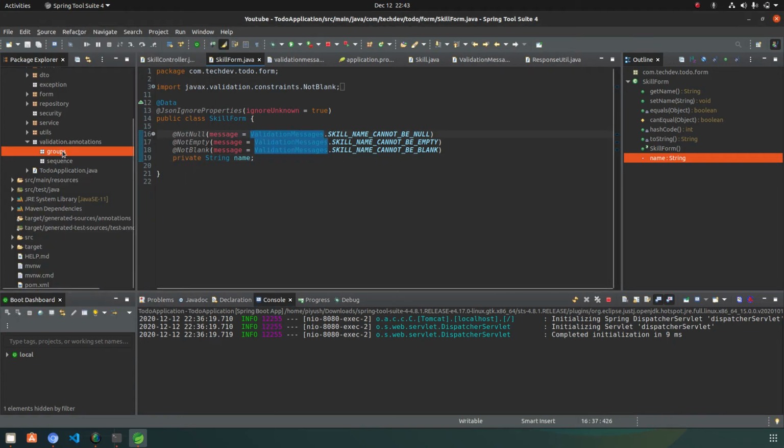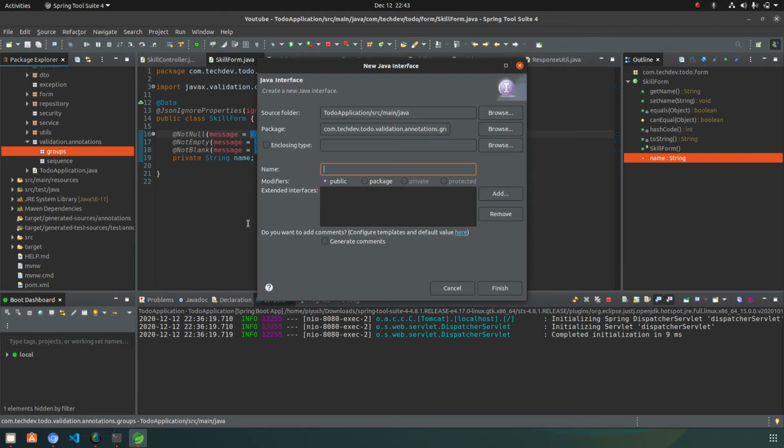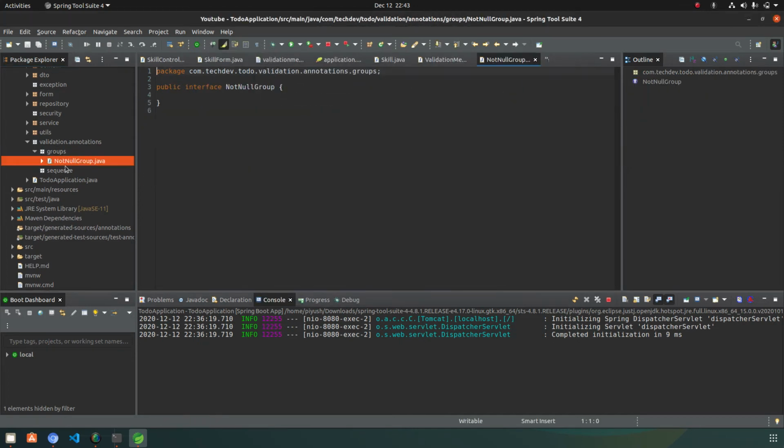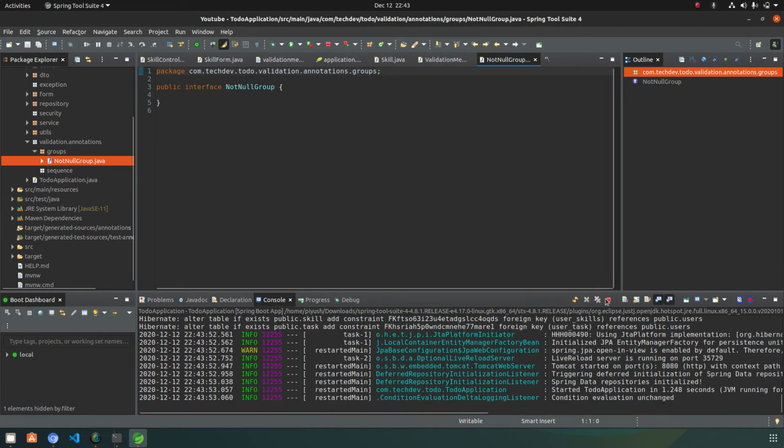So let's create a group for not null, meaning we need to create an interface. Let's name it NotNullGroup so that you can easily recognize it.